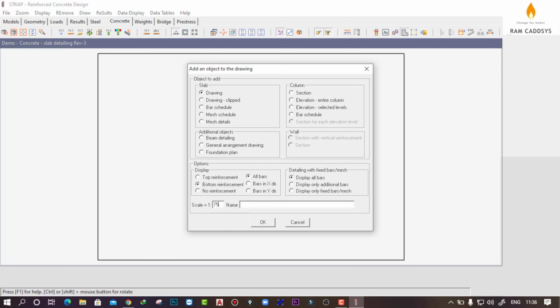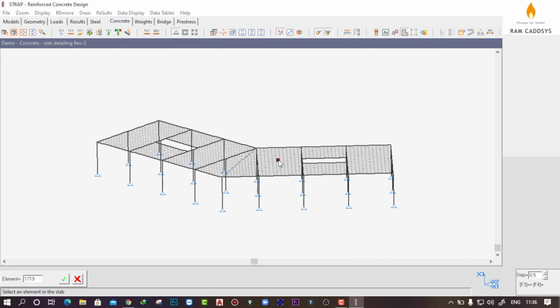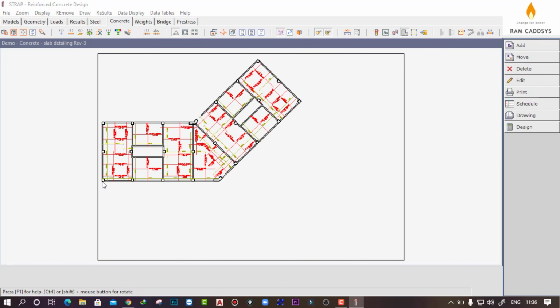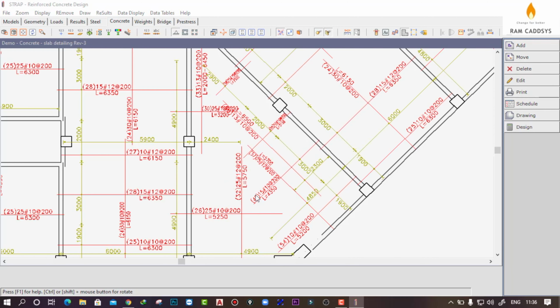I am going to take 1:75 and click on OK. Now select the plane and place your drawing here. So here we have created the detailed drawing for the bottom reinforcement in each direction. And you can see the software is showing you the reinforcement and the spacing.